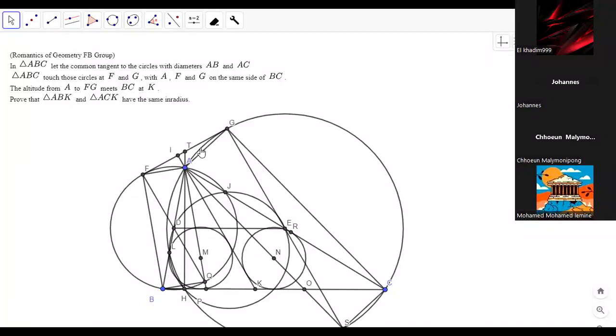So GAT and AKO, I want to show that those are similar. If the parallel is true, then one of the angles is the same. The other one, I think, is probably an angle chase. I want to show GAT is AOK. So this is perpendicular to BC, this is perpendicular to FG. I wonder if